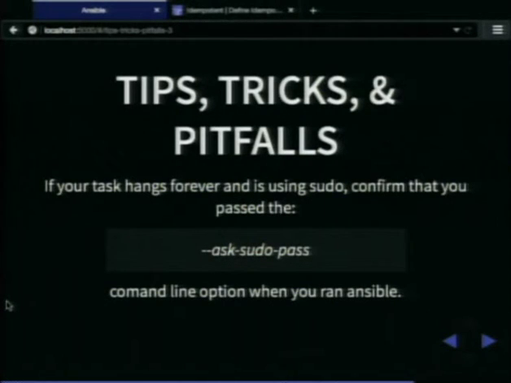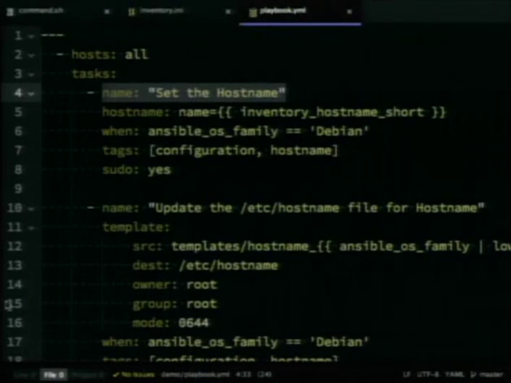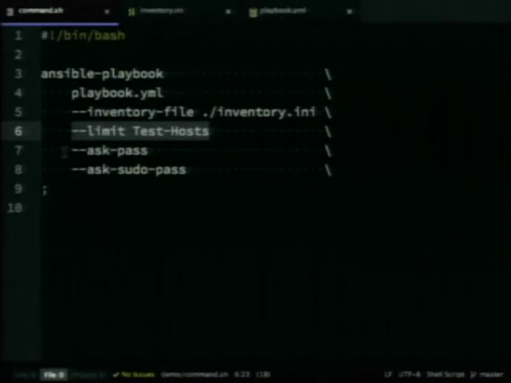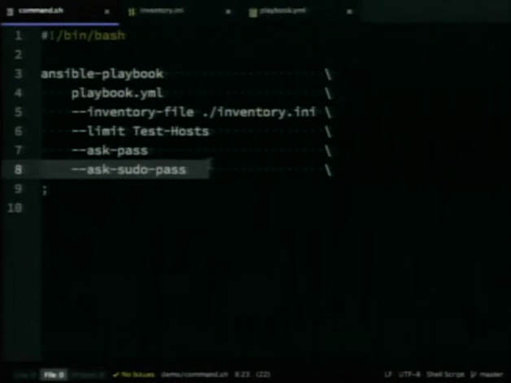If your task hangs forever and you used sudo to run it, confirm that you passed this flag. This flag, last one on the list. If you don't have this, then it won't be able to sudo, and it might be having trouble running the command.